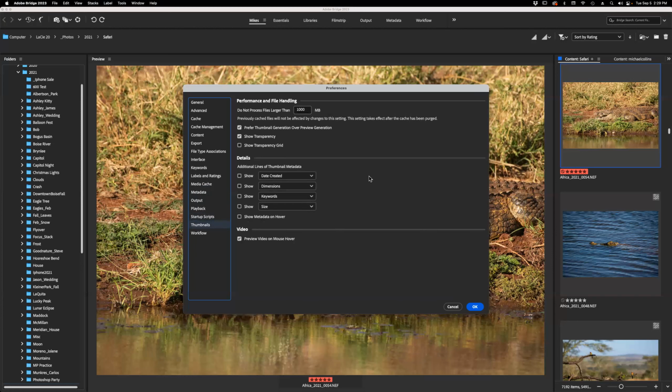Thumbnails, this is the cool thing. We can do some stuff. Do not process files larger than 1,000 megabytes, and for those that don't know, that's a gigabyte. So anytime you have a file that's bigger than a gigabyte, it's not going to give you a preview. It's just going to show you the Photoshop